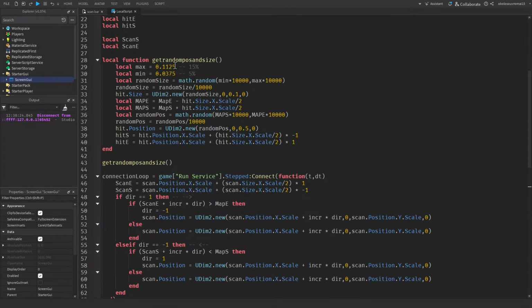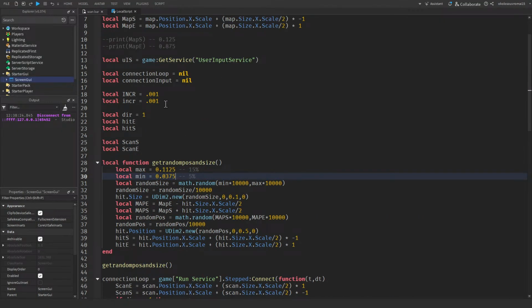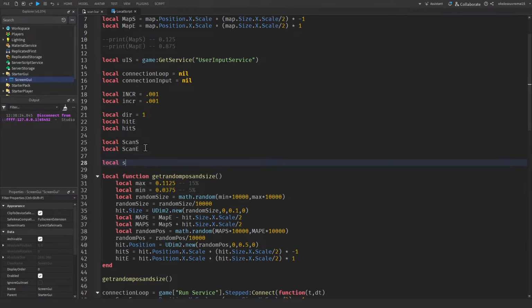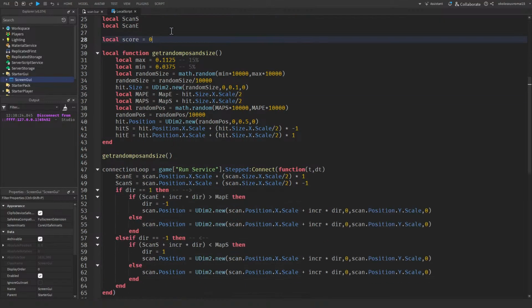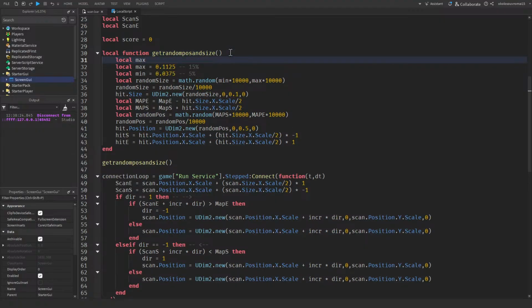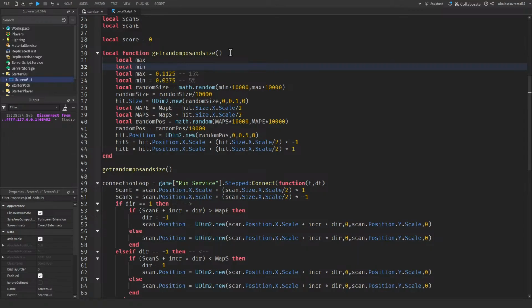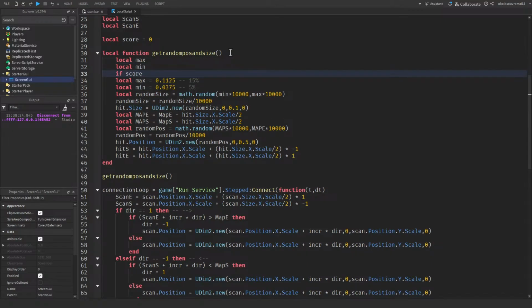Okay, so I'm also gonna do this now. So you have maximum and minimum. Also, let's make a new thing called score here. So local score equals 0. We can do something like this. So we can do local max, local min, and then we can do if score is bigger. If score is 0, then